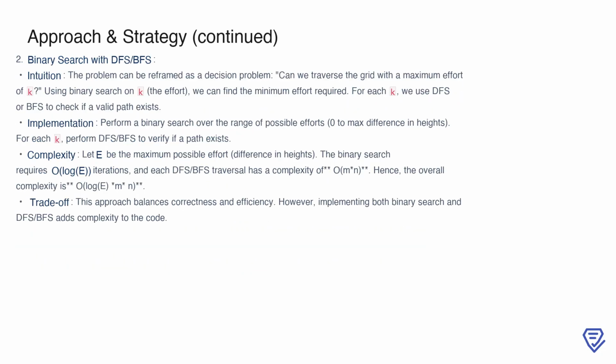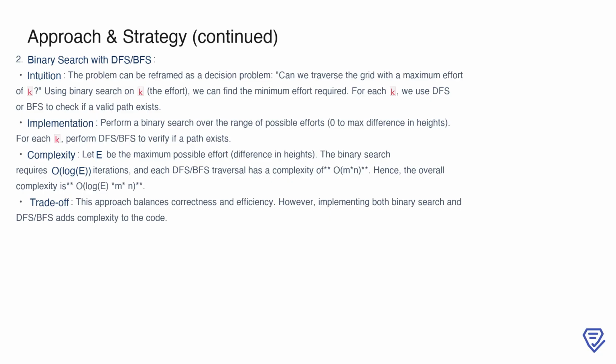Another approach to consider is binary search combined with DFS or BFS. This method reformulates the problem as a decision problem: can we traverse the grid with a maximum effort of k? By using binary search over the range of possible efforts, we can determine the minimum effort required to complete the